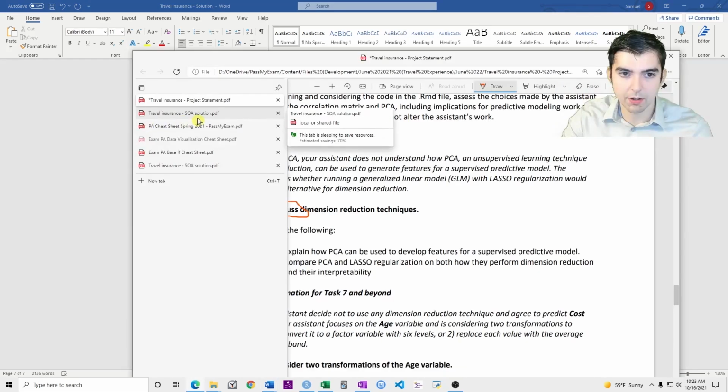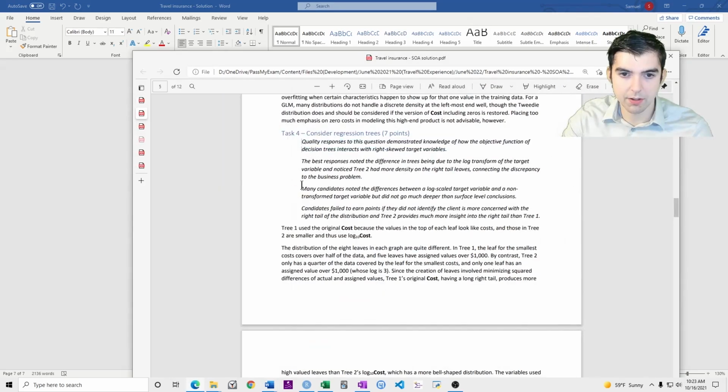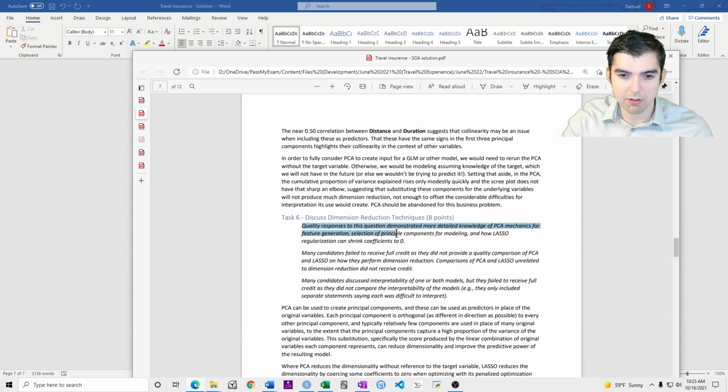If you look at the official answer, they say quality responses to this question demonstrated more detailed knowledge of PCA mechanics for feature generation, selection of principal components for modeling, and how lasso regularization can shrink coefficients to 0.